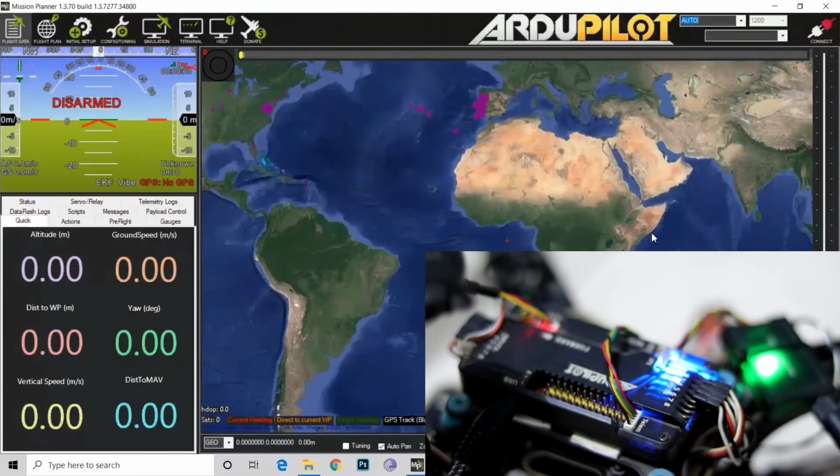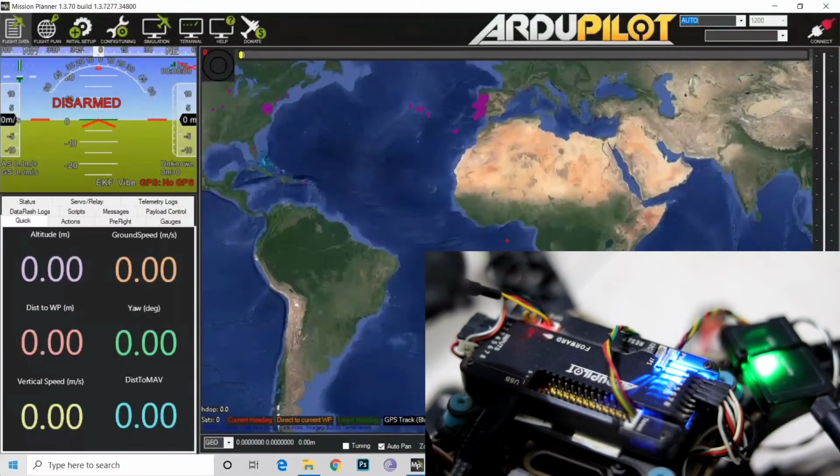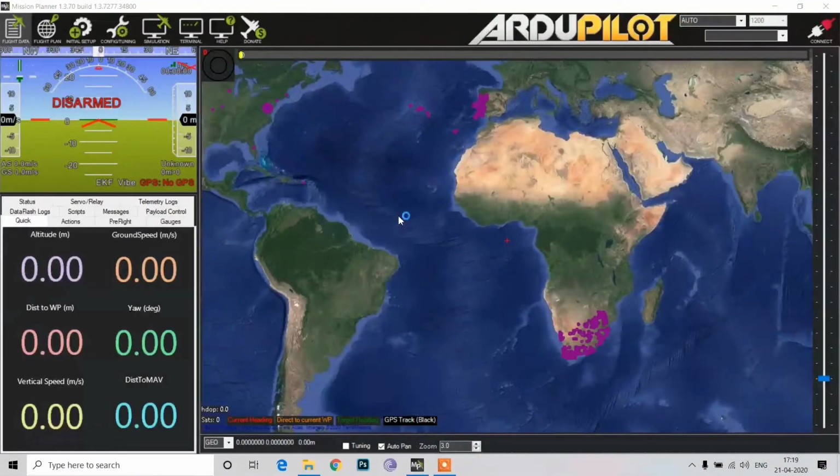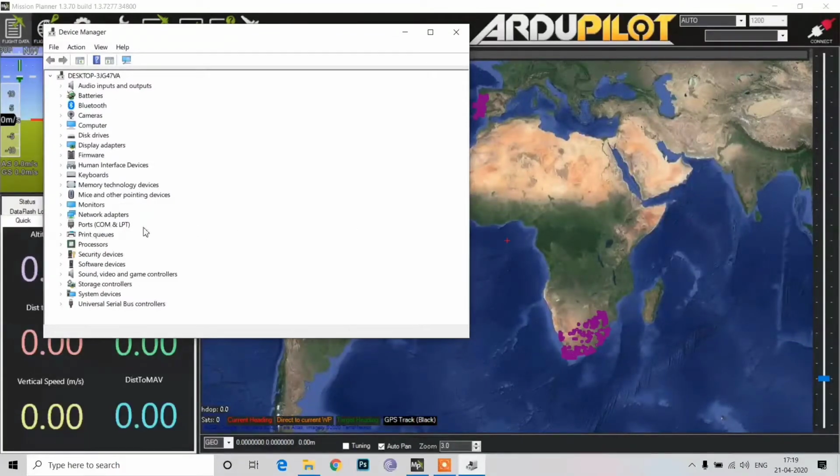And to do that, first we'll connect our APM to the computer, and as you can see, the lights started to flash on the APM board as well. Then we can go ahead and right click on the start menu and go to device manager. From here we can see that there is an additional option, ports, right over here, and once we click on the arrow beside it, we can see that it says Arduino Mega 2560 at COM7. So APM is actually an Arduino based board, so that's why it is showing Arduino Mega and it is on COM7. So from here you can see which COM port is being used for the APM.